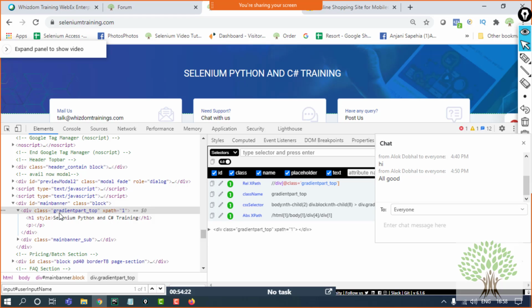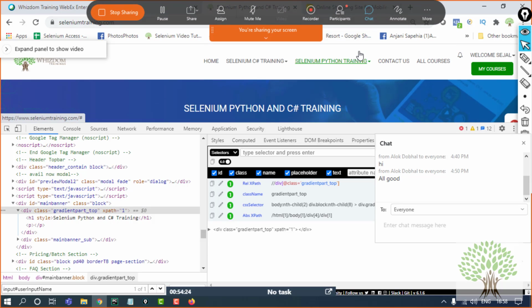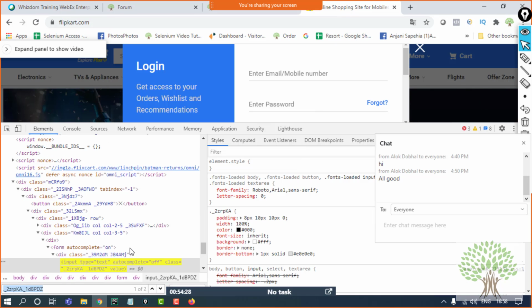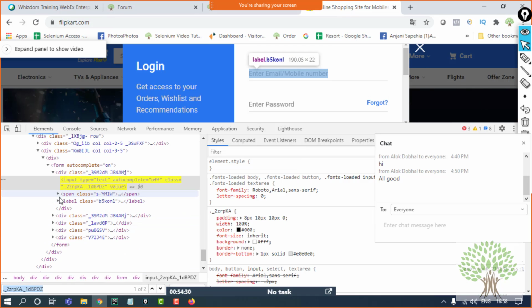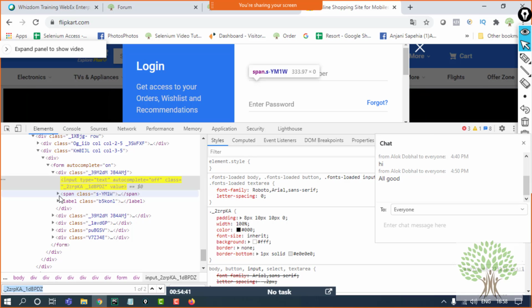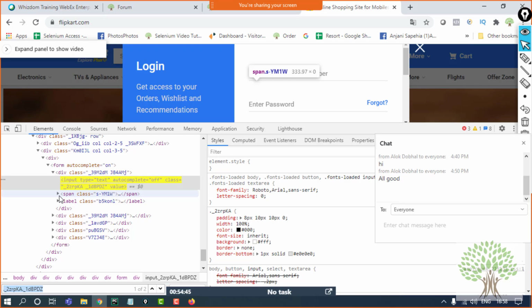On flipkart.com, the two text boxes I showed share the same classes, because of which making the XPath of these two becomes a little difficult. So for multiple element extraction, we will go for classes. Otherwise, classes work fine. There is no issue in that. Okay, sure, thanks.